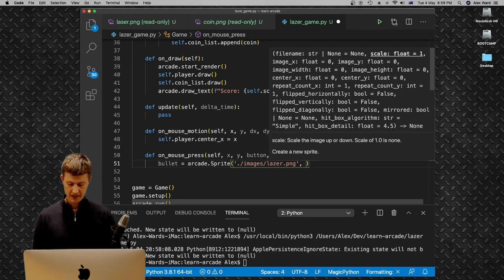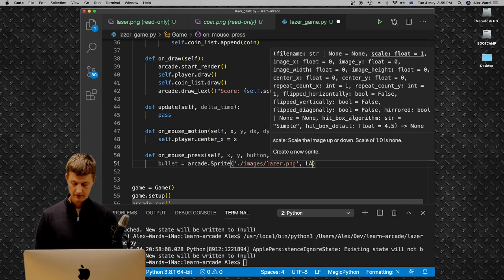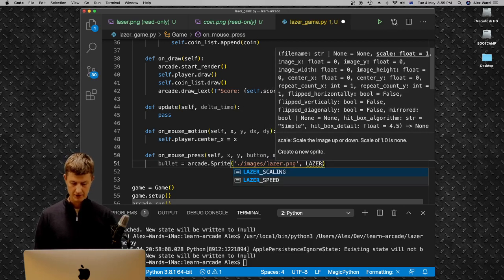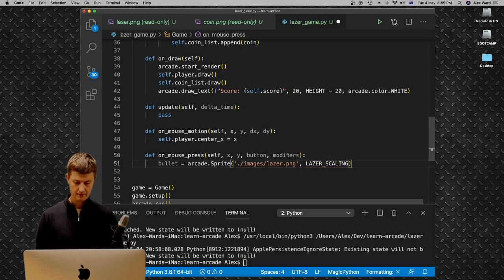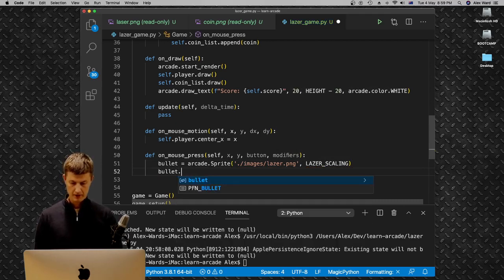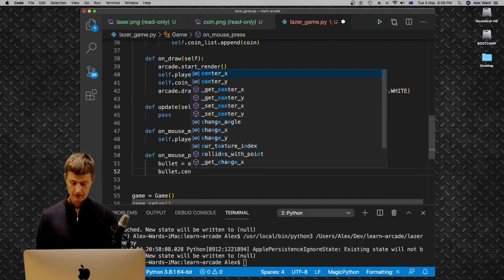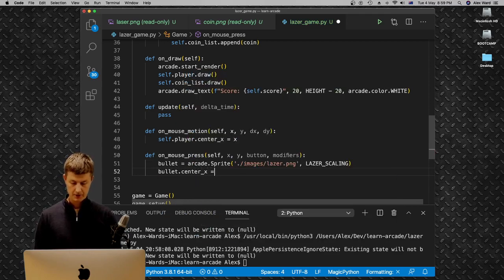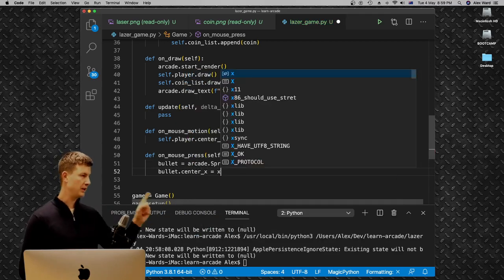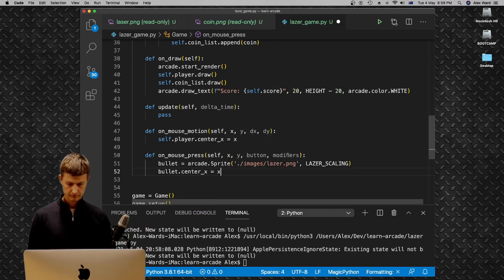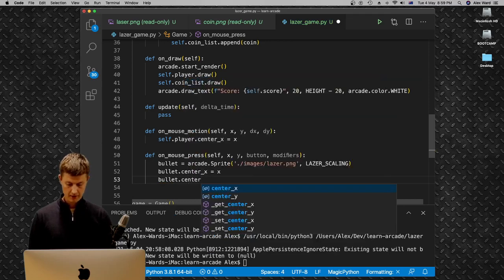And it's going to scale by laser scaling. Go. Bullet dot center x is going to equal the mouse's x position when it was clicked. Bullet dot center y